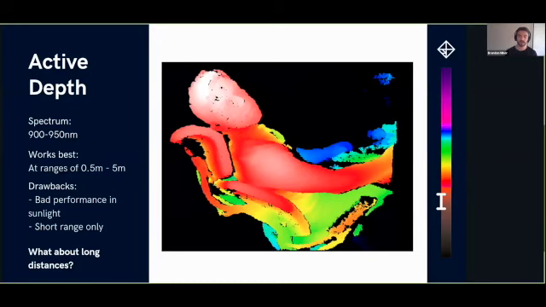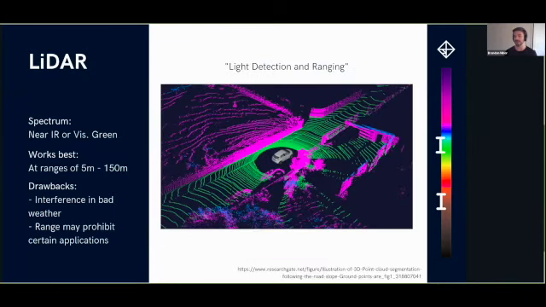We'll touch on this later because there are ways to get around that, but they can also be compensated for by just raw power, which we'll see on our next modality. So like we said, active depth, you can get a pretty good idea for a short distance. It's a very granular resolution, which is very cool. You can get very big images with beautiful depth profiles. But what about long distances? Like, what if I want to see 50, 100 meters ahead of me? This will not do. So what we do instead is do the same thing with a lot more power,